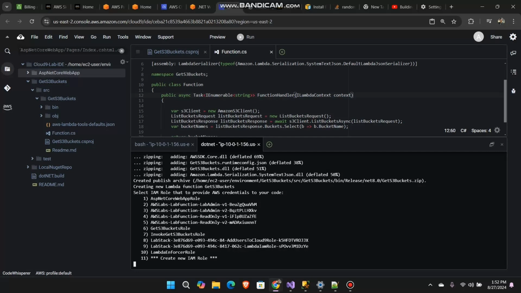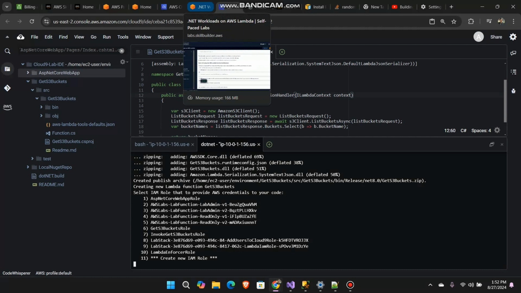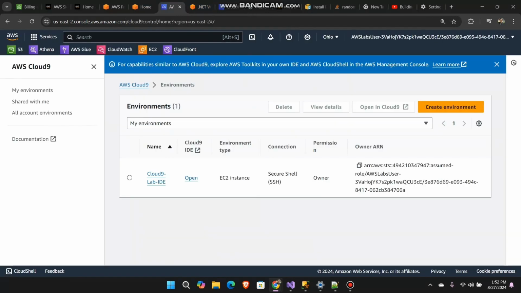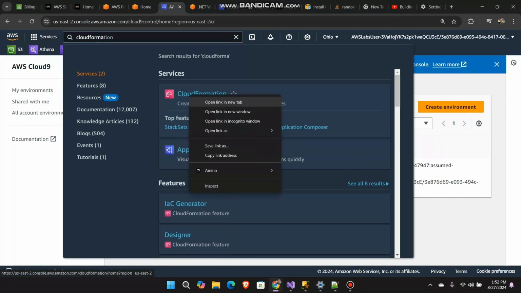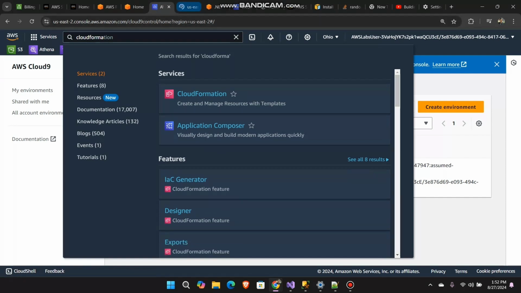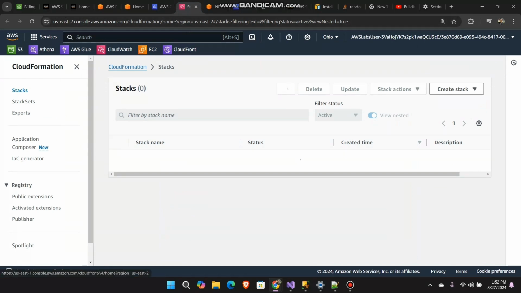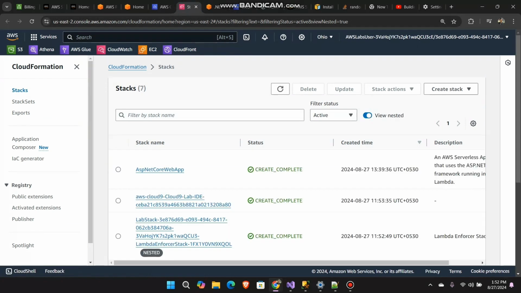Whenever we are deploying it, it will create each and everything. Let me go to CloudFormation. So CloudFormation we are using for deploying our application. So we have deployed two